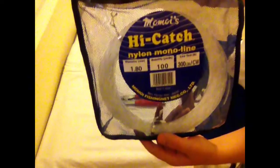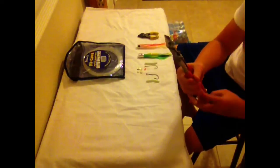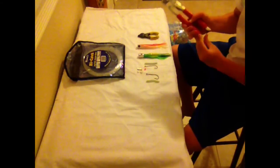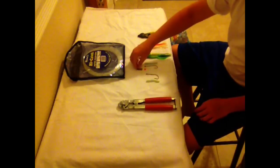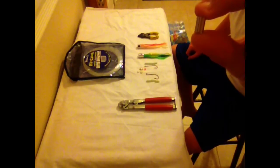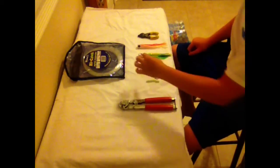using nylon high catch 300-pound test, a boon crimp tool that goes up to 2.3 millimeter size, using 4 300-pound, 2.3 millimeter crimps,